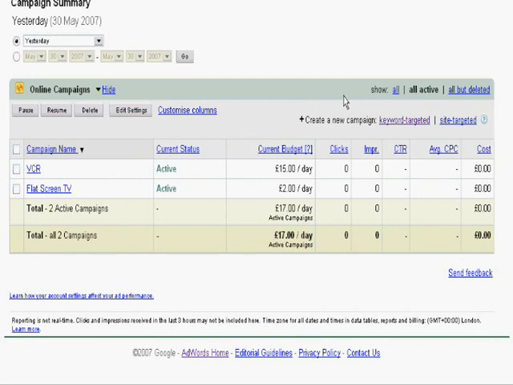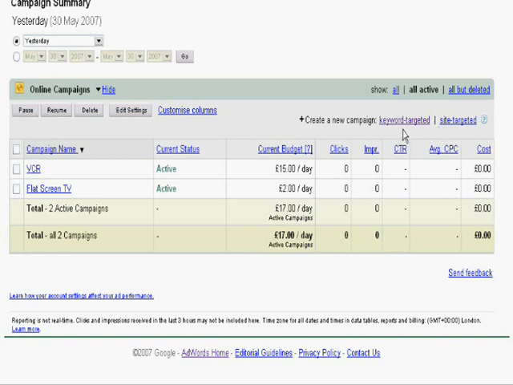In order to create a new campaign, you have to select first of all, would it be a site targeted or a keyword targeted campaign. A site targeted campaign is a campaign that runs on Google Content Network, meaning that you will be advertising on people's websites who have opted into Google's network of partners. This way of advertising is usually a little bit less effective because it's not so well targeted as the keyword